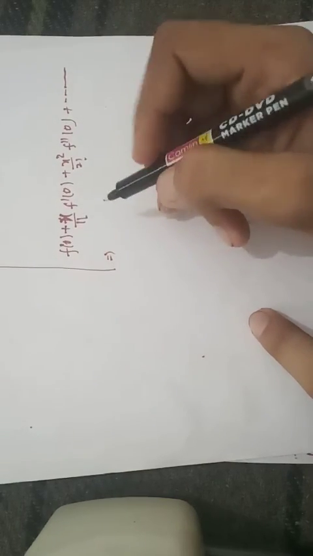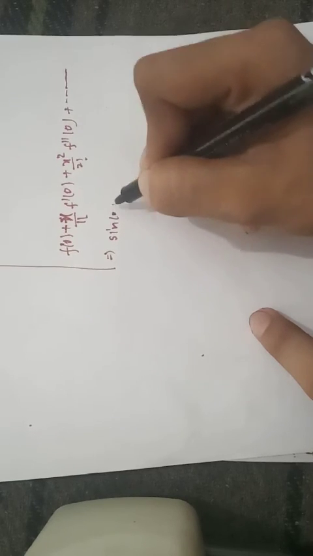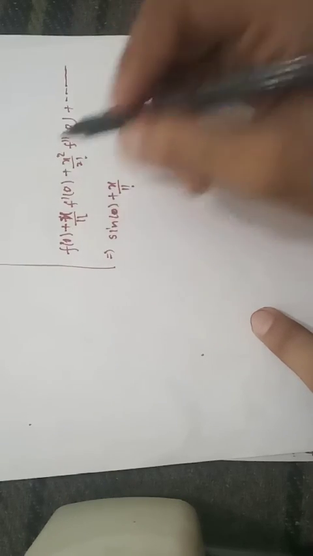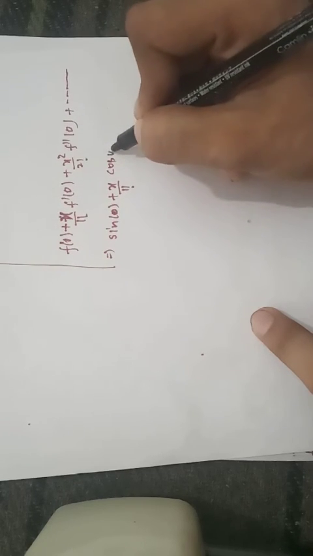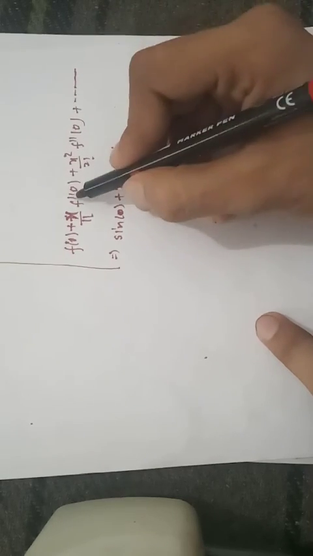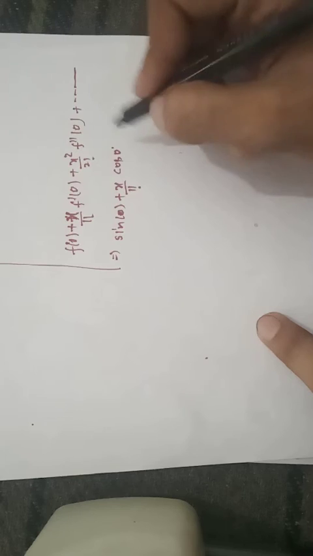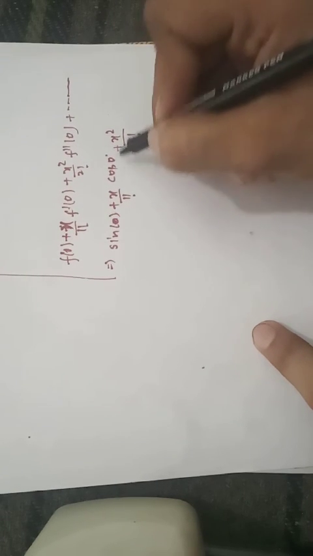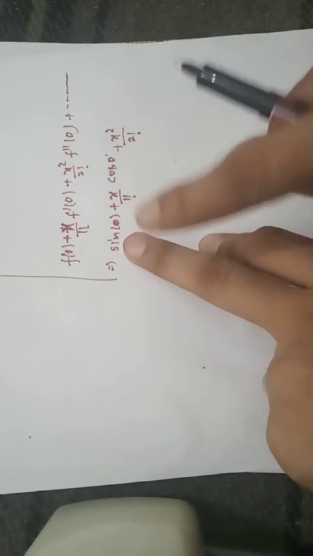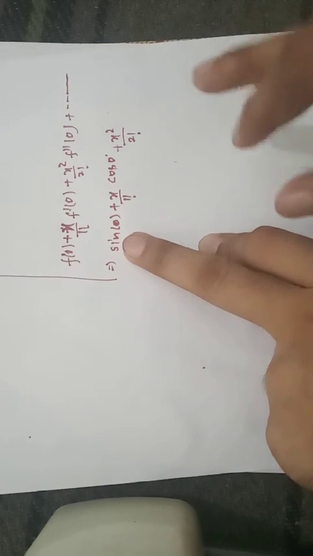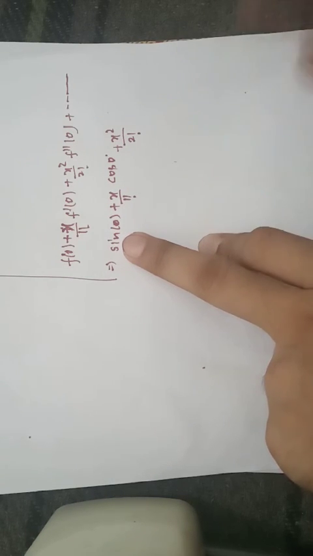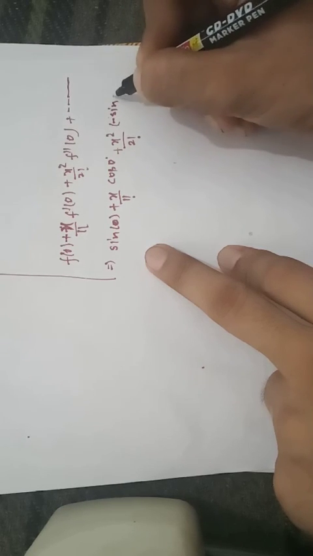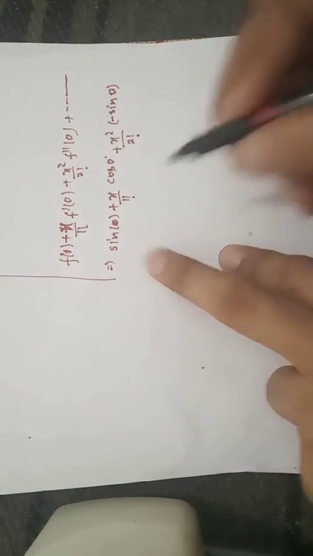This is f(0), which means sine 0, plus x upon factorial 1 times f dash, which means you have to differentiate sine theta. The differentiation of sine theta is cos theta, and then you put 0, cos 0, because you have to put 0. Plus x square upon factorial 2, and again you have to differentiate cos theta, because you have to differentiate sine theta twice. Once differentiated you get cos theta, then differentiating cos theta again gives the double differentiation of sine theta. The derivative of cos theta is minus sine theta, and we put 0 in every function. This is the trick which I had